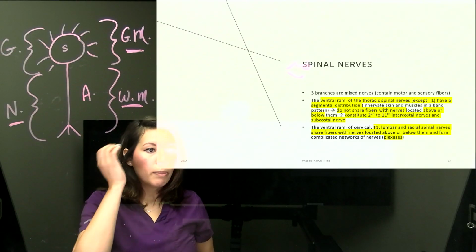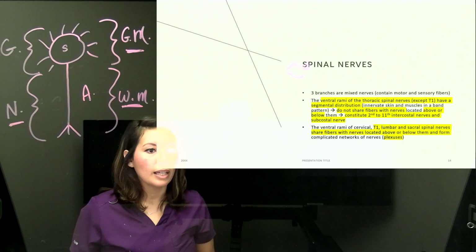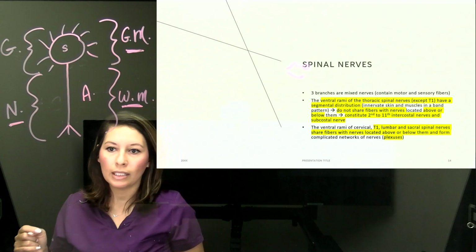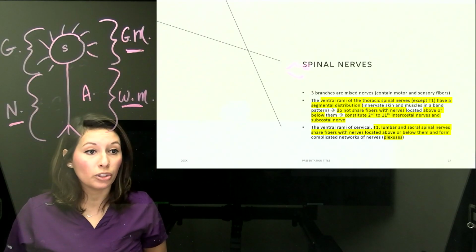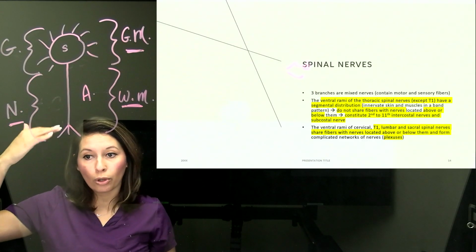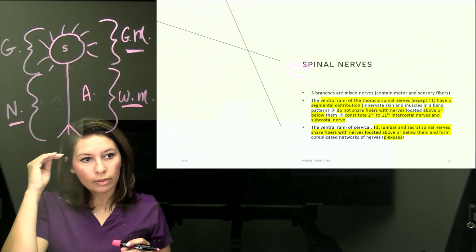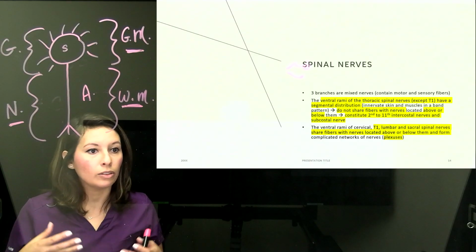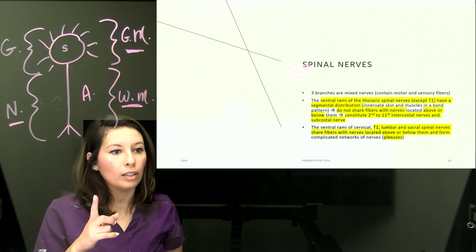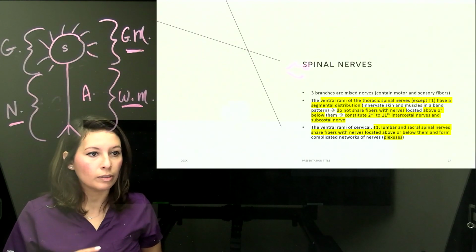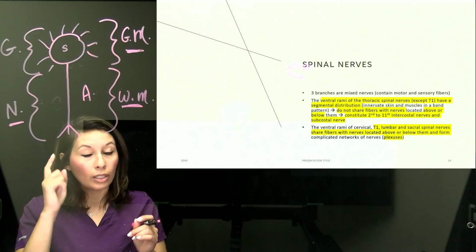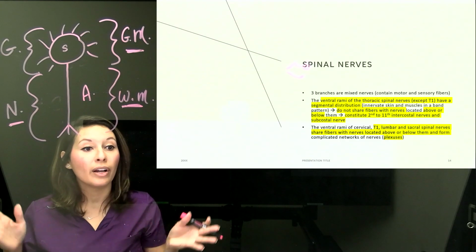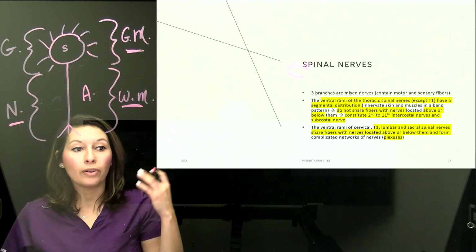So there's three branches, like I was saying before, of mixed nerves. These ventral rami of the thoracic spinal nerves, except for T1, will have a segmental distribution, and they do not share fibers with the nerves above or below. And these are going to be typically T2 to T11 intercostal nerves and subcostal nerves. And then T1, together with lumbar and sacral spinal nerves, are going to share fibers with nerves located either above or below